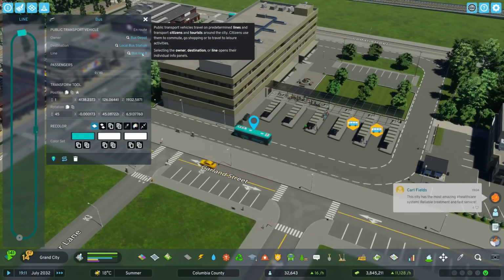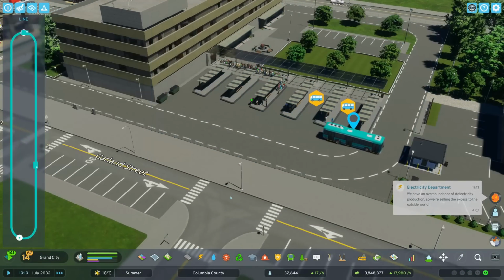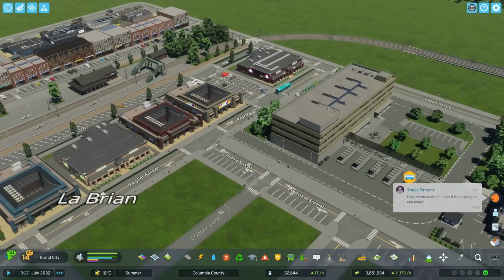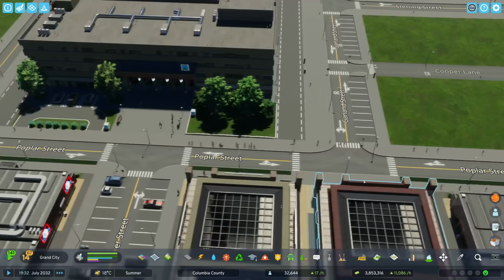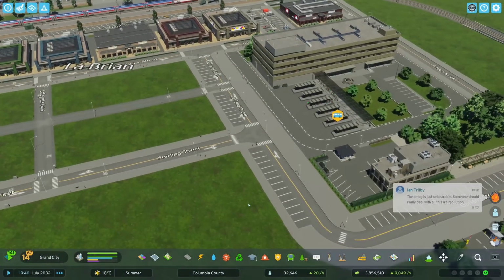This is bus line 8, which I think is also a Blackwater one. It is not a Blackwater one. So bus line 9 is the Blackwater line, and all of these people, all of them are waiting for a bus to get into Blackwater. So that is hugely successful. There are so many people that are going down, what is it, Poplar Street to the bus station to head into